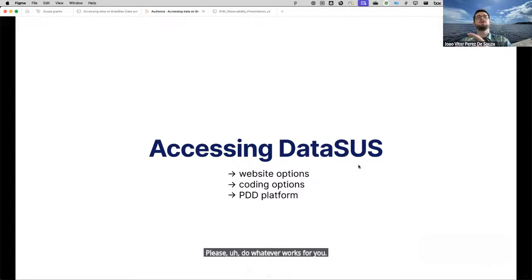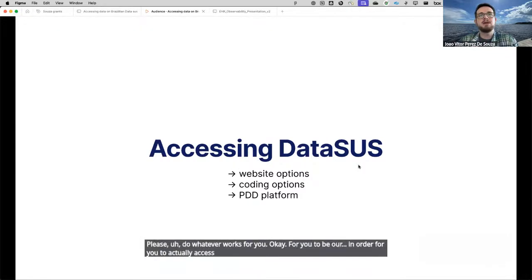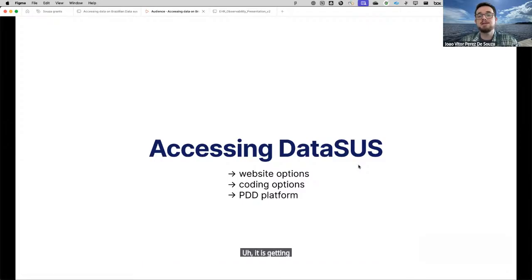Okay. In order to actually access this data system, you can use a few different options. It is getting easier and easier to do these days. That is a very good advance in terms of accessibility, even in how modern the systems are and how stable they are.